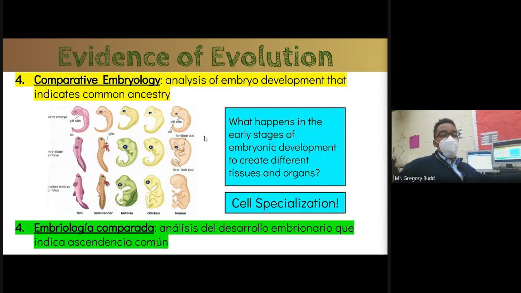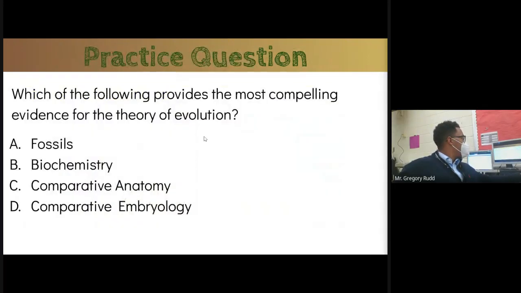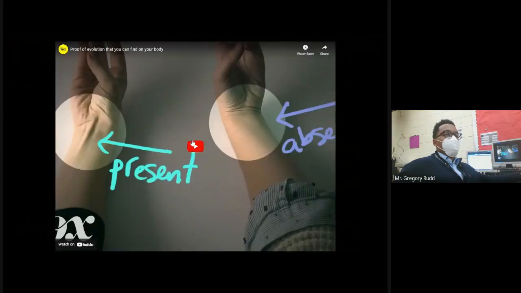All right, so we have a lot of reviewing to do, whole lot. I'm just going to reveal this answer. So again, biochemistry is the most important type of evidence because it's much more sophisticated. It's much more accurate. Actually being able to look at the DNA of species is most important. Okay, so let's take a look at these vestigial structures.